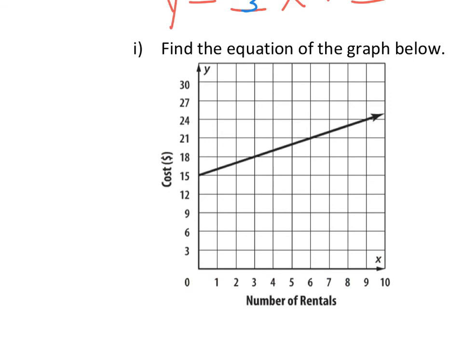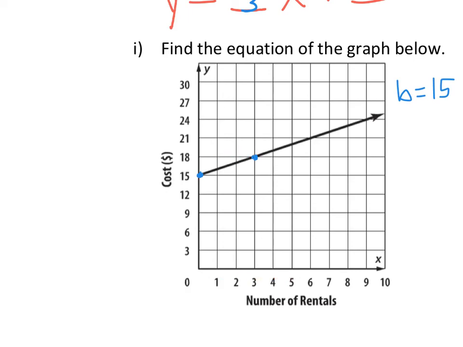Letter I, find the equation of the graph below. Now we're only given the first quadrant here, but I still have my y-intercept, which is right here at 15. So b equals 15. Find another point of intersection where it intersects the grid lines, right there. Be careful. You're counting on your y-axis by 3s, 3, 6, 9, 12, 15, 18, and so on. So each block you go up is 3 units. Okay, your x-axis is counting by 1s, so each block